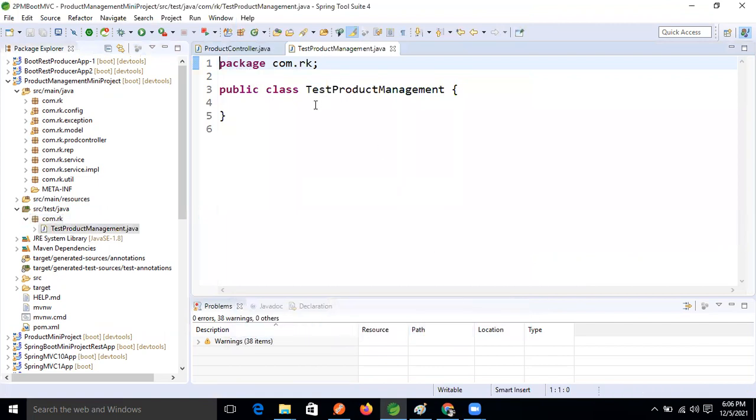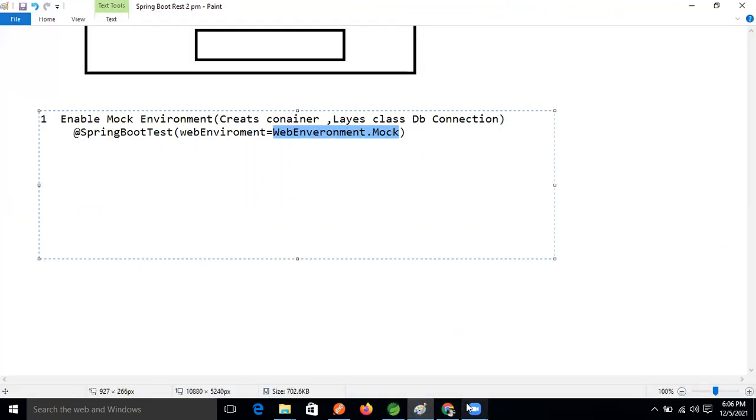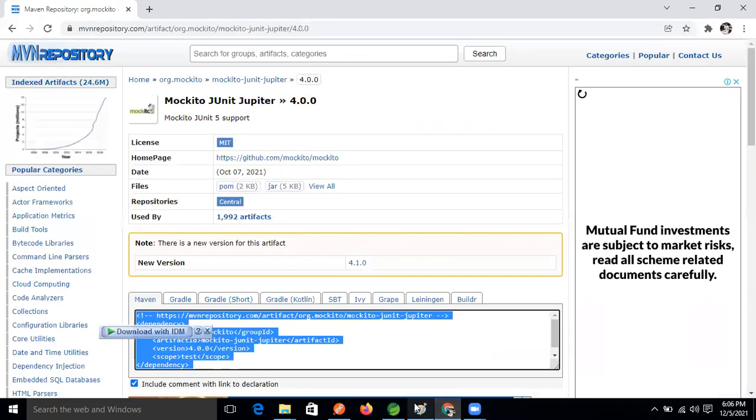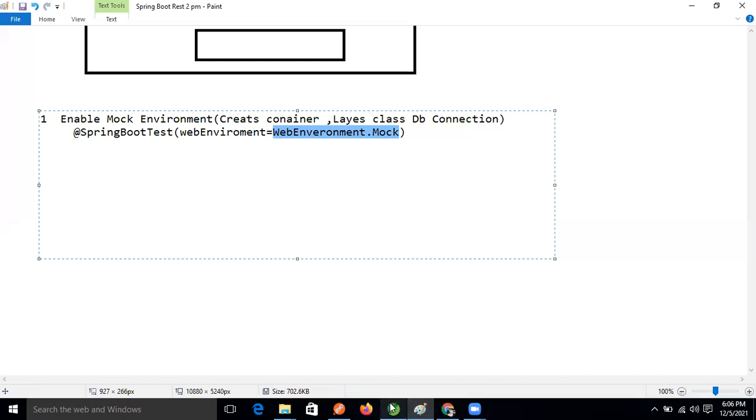So how will we enable the mock environment in this class now, guys? In this class, auto configuration, because we are going to work on Spring Boot MVC, Spring Boot area, right? So here we will get everything as auto configuration. For that we need to apply something, then our IOC container will automate those things.